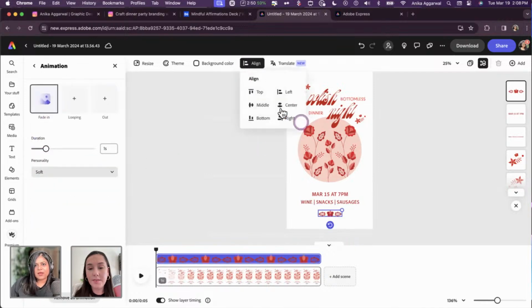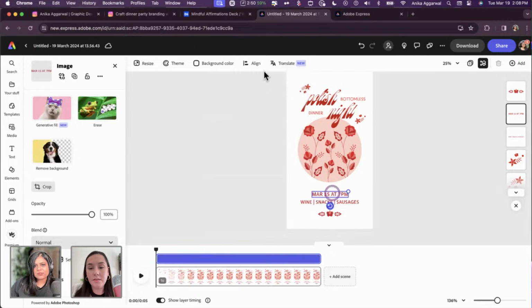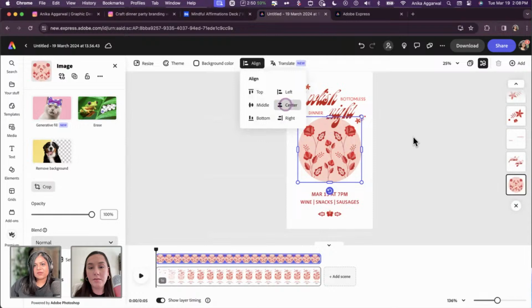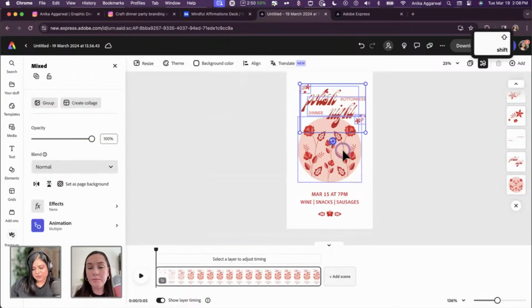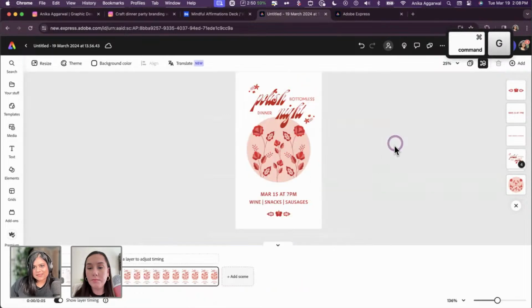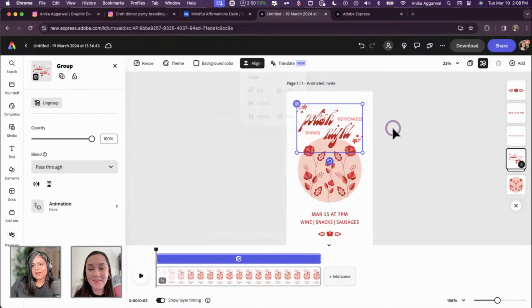Okay, and then I'm gonna align it to center so that everything is on the center line. You have all of these tools built in Adobe Express, so you don't need to worry about copy pasting stuff while I was doing it, just because you have everything built in here as well. And now for the animation within animation, it is animationception over here, animationception down. But we have this, and I'm gonna align it to center again.